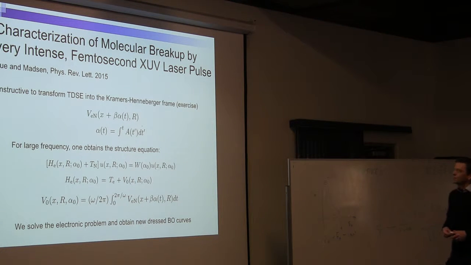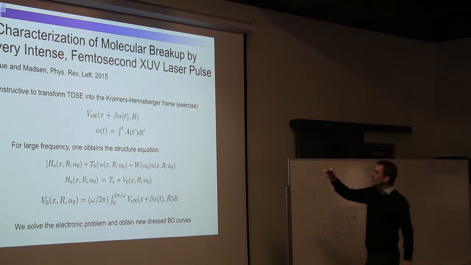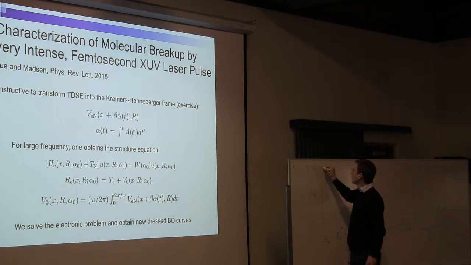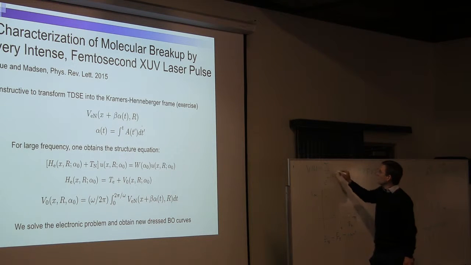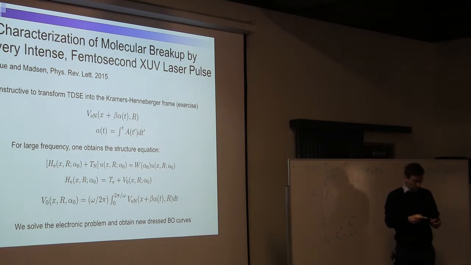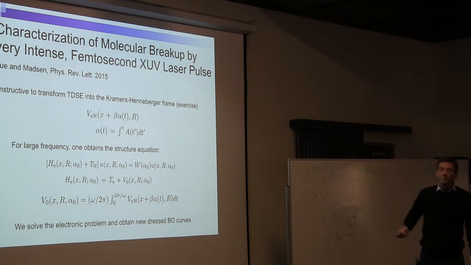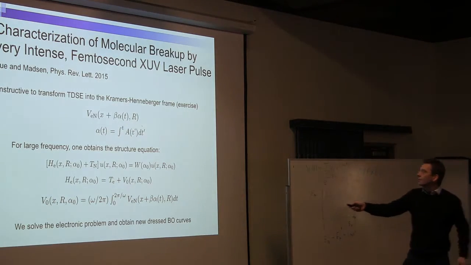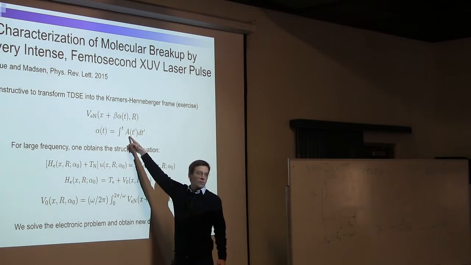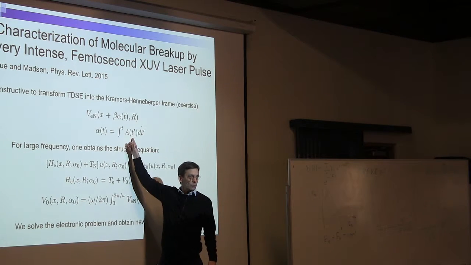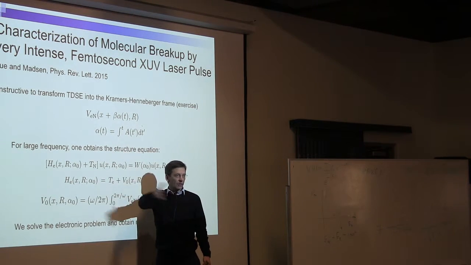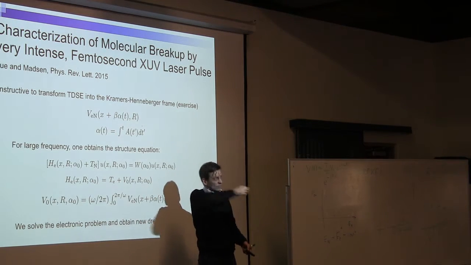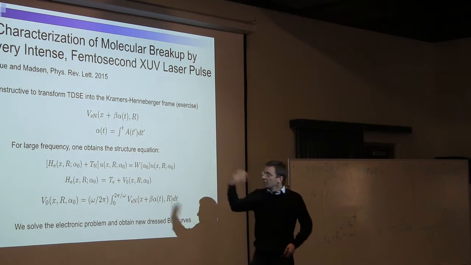And then the final step is to say that this potential here, which is a potential of time, I can decompose into Fourier components. Right? And if alpha here is very big, this quiver motion. So maybe I wrote it here. The dimension of this here is momentum. So if I integrate momentum, I get physically displacement. So if alpha here is very big, it goes like this. And then if it goes very, very fast,